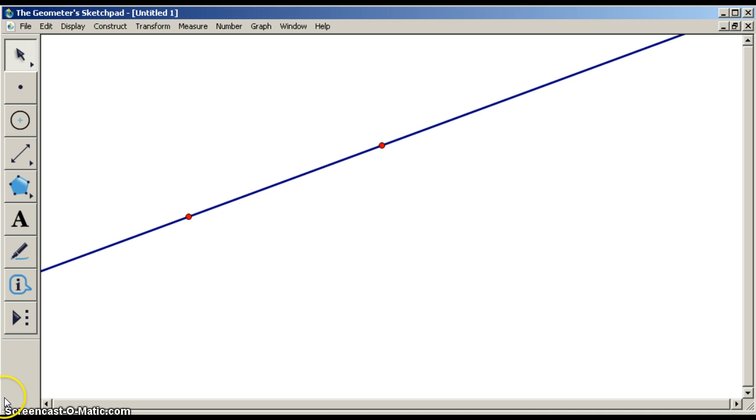And really the only other tool that's going to be helpful right now for us is this letter A, which is the text tool. So if you were to click on the letter A, if I look at my line that I already made, if I click on the point, it names it point A, and then it names it point B. So what you're going to be asked to do in the next activity is to measure angles in